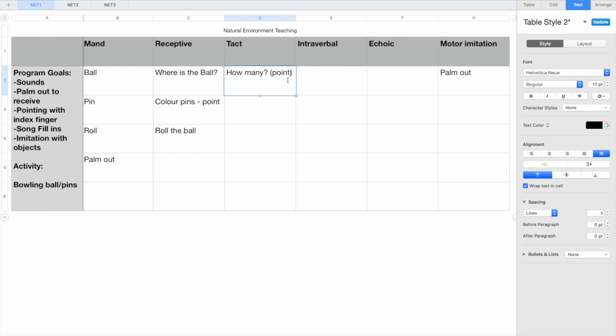I may not do any more tacts here. Anything else that we're tacting could just be more me modeling that language for them. So for example, if I'm saying ball or if I'm saying pin, but I might tackle it in some of the echoics. And that's what I'm really going to focus on here. For the intraverbal, this is the fill-in, or possibly the question. So, I might say something like,